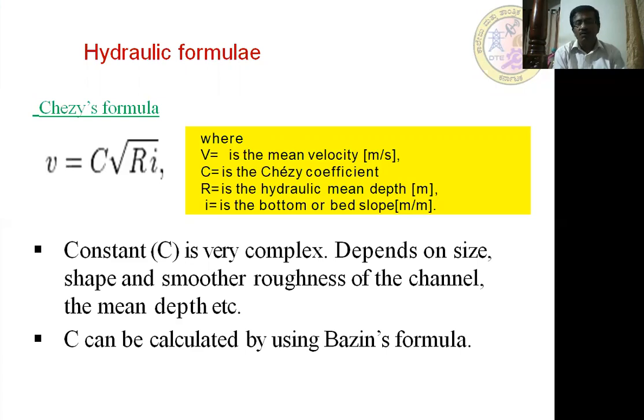Usually it is a ratio of A by P, where A is the wetted cross-sectional area and P is the wetted perimeter. A, the wetted cross-sectional area, means the total cross-sectional area of the sewer pipeline which is in contact with the flowing fluid, whereas the wetted perimeter is the total length of the circumference of the sewer pipeline which is in contact with the flowing fluid. So as the depth of flow varies, A as well as P goes on varying, and the R value also goes on varying. These are important factors to be taken into consideration when you go for design of any sewer pipeline.